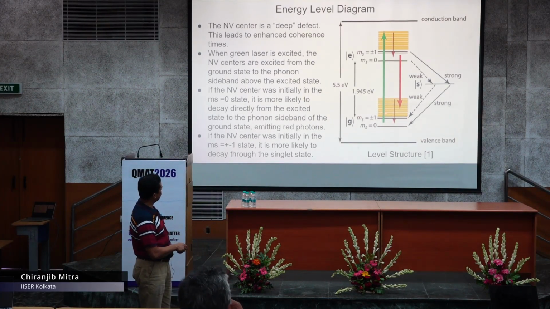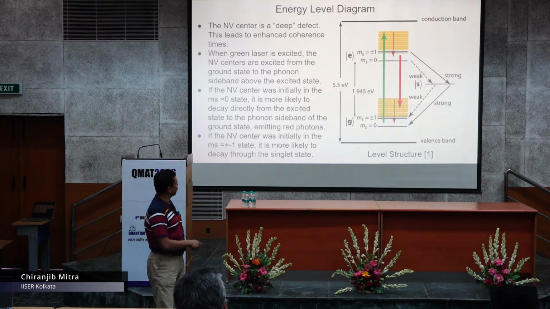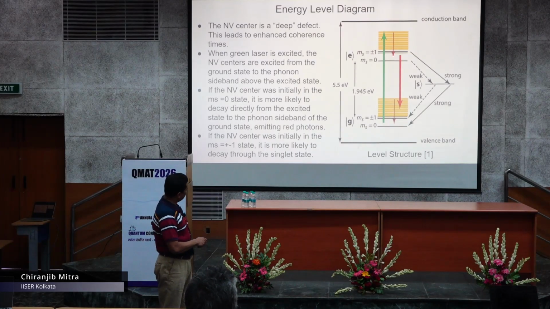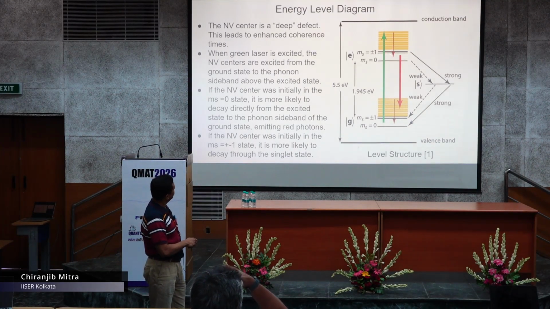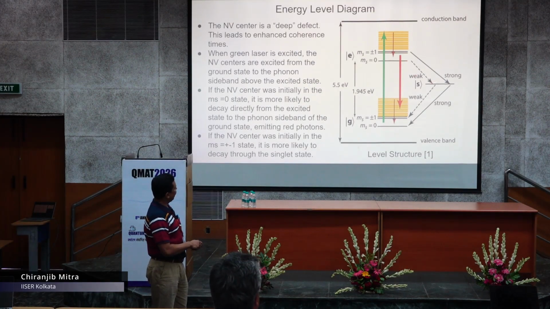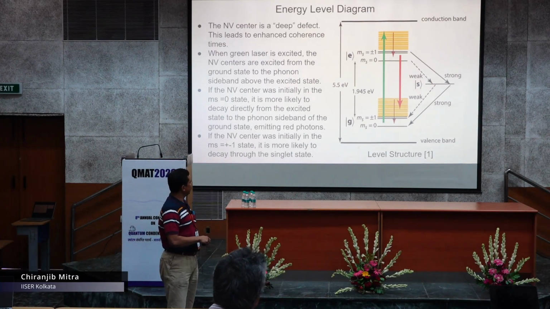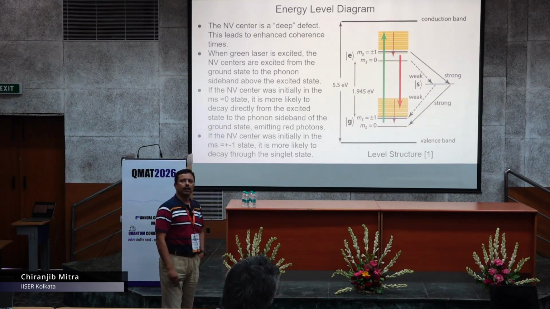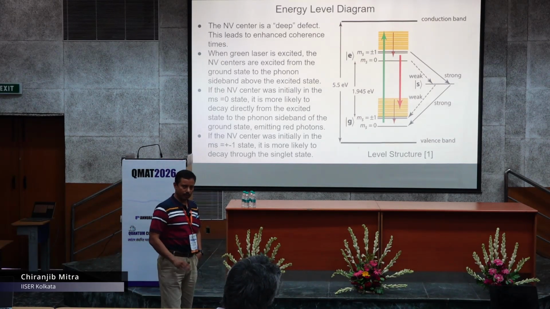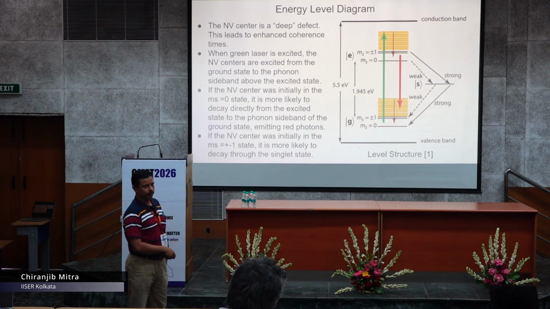If it goes from m equal to plus minus 1, it will come down to plus minus 1, but when it comes down, it doesn't come directly to plus minus 1. There is another route, and it has a significant probability of going through a singlet state and then coming back to the singlet state. So what happens is, after a while, 80 to 90% of the spin 1 is cycled into the m equal to 0 state, and that is in quantum computation parlance called the initialization of the qubits. But that is also a detection scheme, because